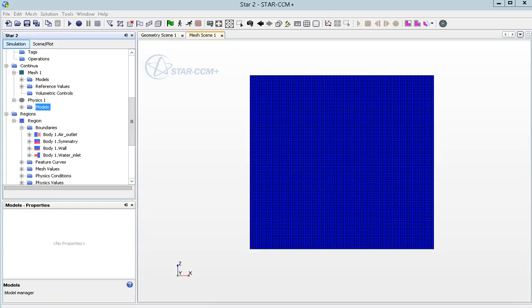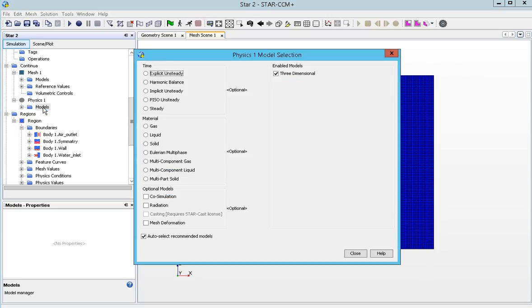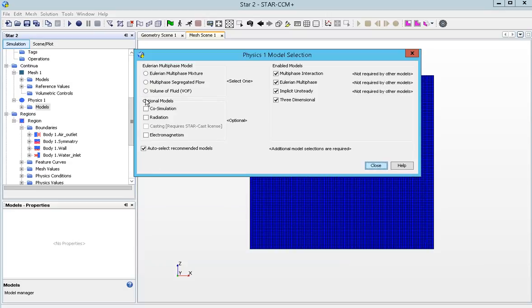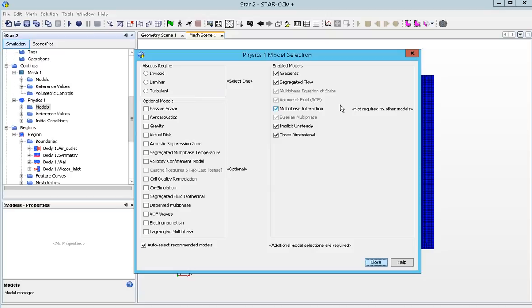Alright, so let's create a physics model for our two-phase flow. Double click physics models, select implicit unsteady, select multi-Eulerian multi-phase, and use the volume of fluid model, which enables us to use more than just one species